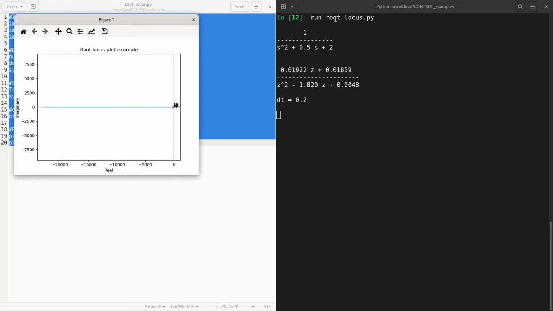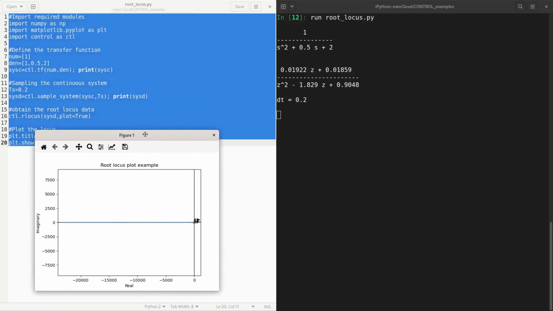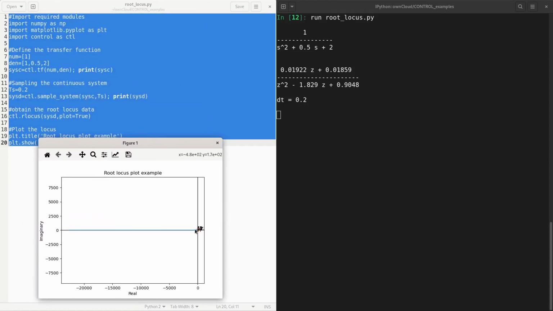So you see that, like in Jupyter, these outputs are displayed. This is the continuous domain transfer function. This is the discrete domain transfer function. We use dt as 0.2. And here the plot comes out in this plot window, which is interactive.